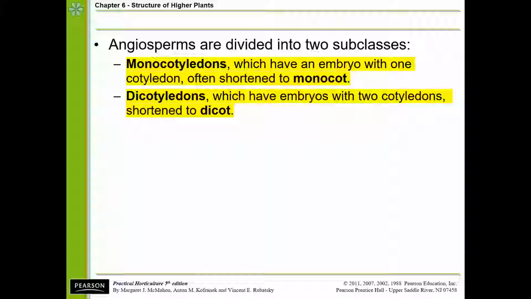Of course, we have crops in both categories. All of your grasses are monocots. Almost all of your more ornamental flowering plants are dicots. So first it's the cotyledon, but there's more to it than that: the venation on the leaves, the number of flower parts as well. And this is an actual class. If we're going into the actual taxonomy of plants, you go kingdom, phylum, class. The phylum here is the angiosperms, the Anthophyta or Magnoliophyta, and then the class is